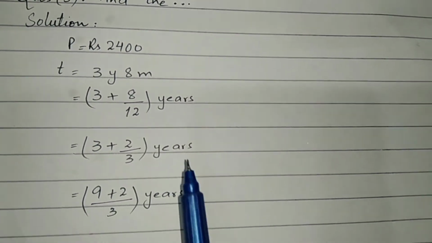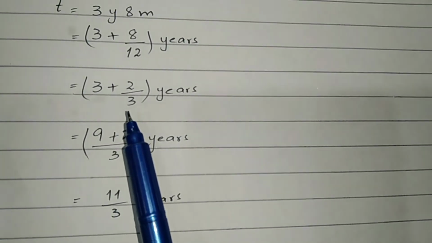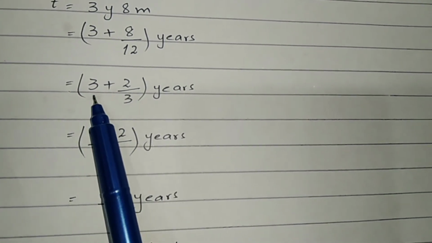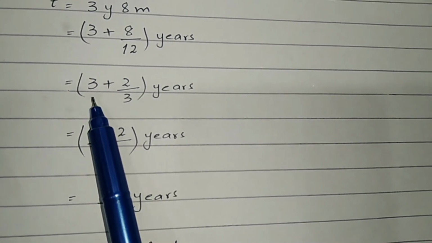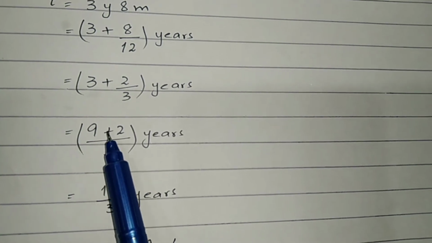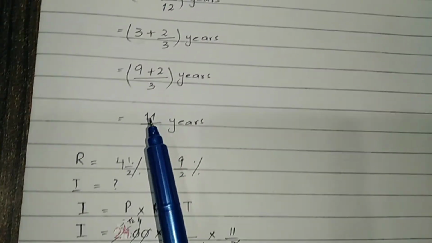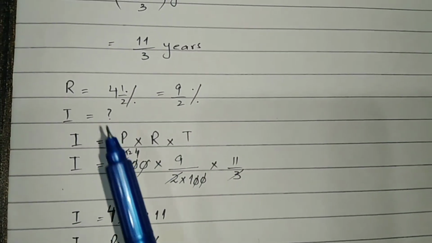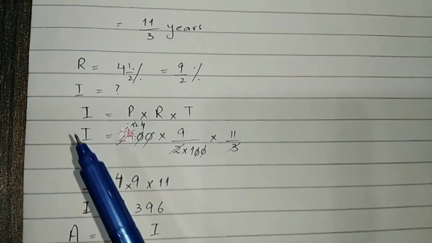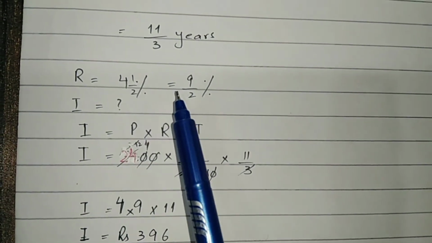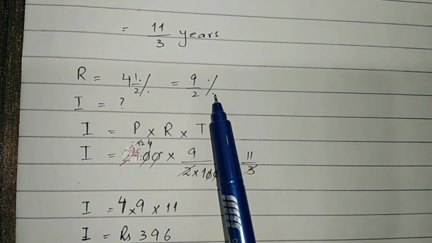3 plus 2/3 years. Now by taking the LCM we will get 3, and the denominator is 1, so 3 divided by 1 we will get 3, 3 3s are 9 plus 2 as it is over 3, and we will get 11/3 years. Rate is given, that is 4.5%, that means 2 4s are 8, 8 plus 1, 9/2%,